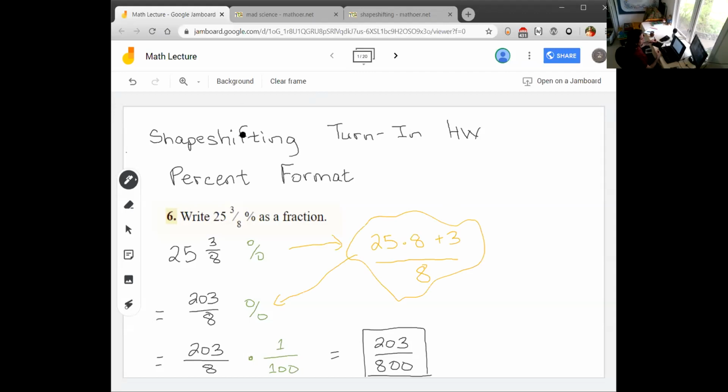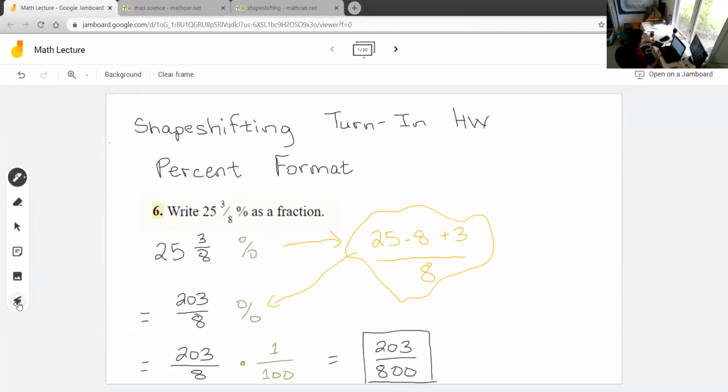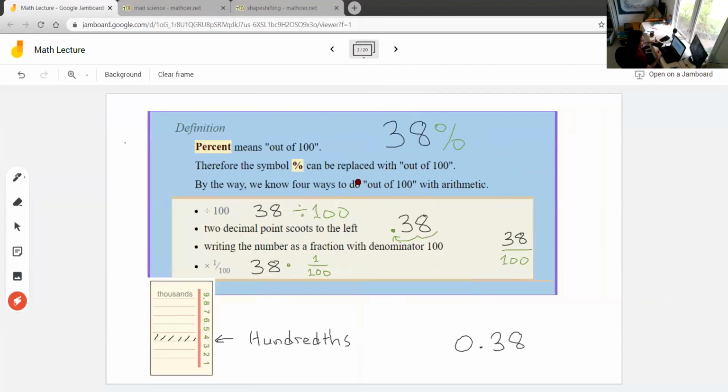We're starting with a problem from the turn-in homework on shape-shifting of percent format. The trickiest problem of that group because it's the one we see the least. In real life, we just never really have a mixed number percent. So knowing that replacing the percent with 1 over 100 just doesn't stick in our brain because we never actually see that. But there were 4 different ways to use replacements for percent, and one of them is a times